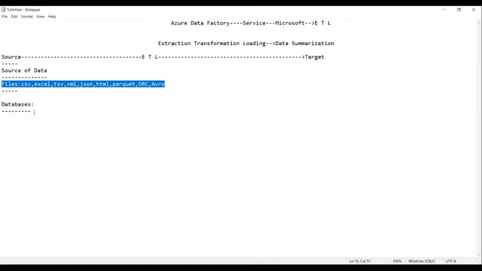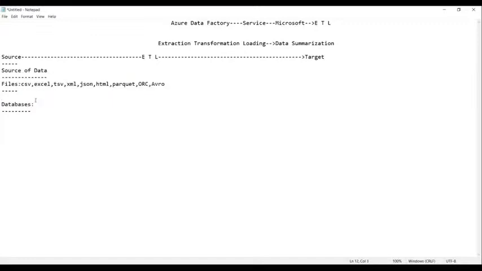Hence, we store the data in a database. The second reason is that whenever you want to store data with more security, that much security is not provided in a CSV or Excel file. Hence, we go for a database.